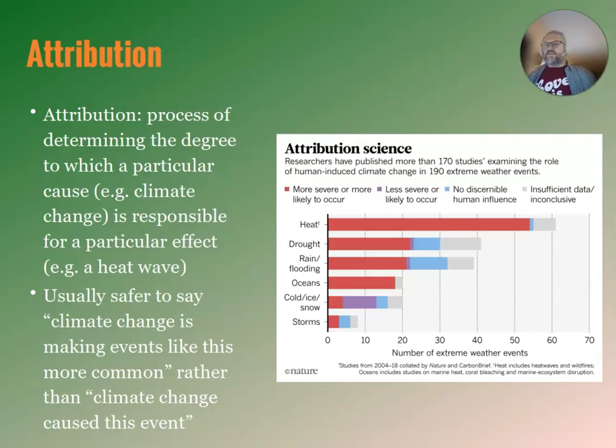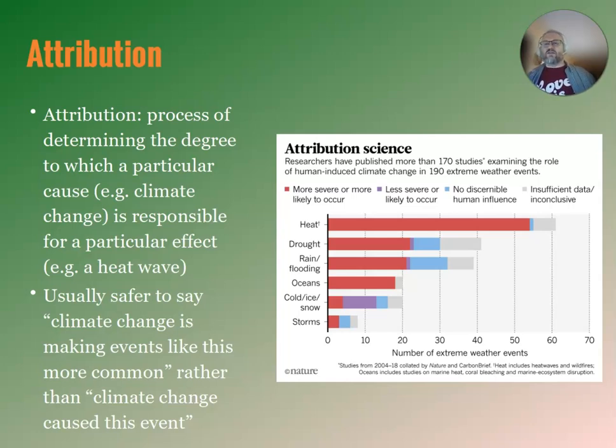So in the last few years, we've seen some big advances in attribution science, our ability to tease out whether the specific conditions within a particular event, a particular heat wave, a particular storm, were due to climate change. Right? Did climate change make that event happen when it wouldn't have happened otherwise? Or usually we think in terms of, did it make that event more severe than it would have been otherwise? Did it turn a little flood into a big flood? Did it turn a little hurricane or a tropical depression into a big hurricane, category 5? So we've gotten increasingly sophisticated